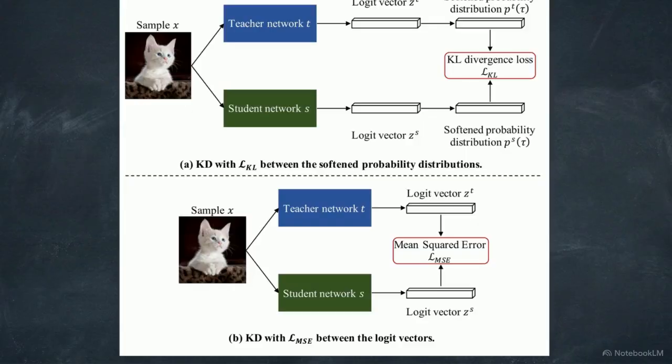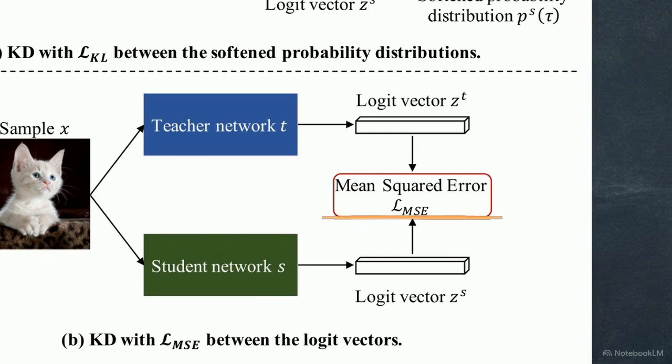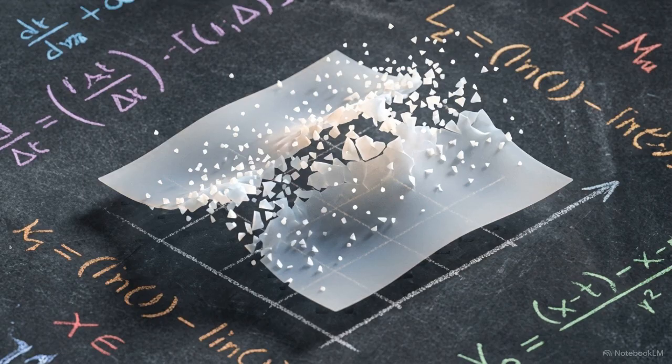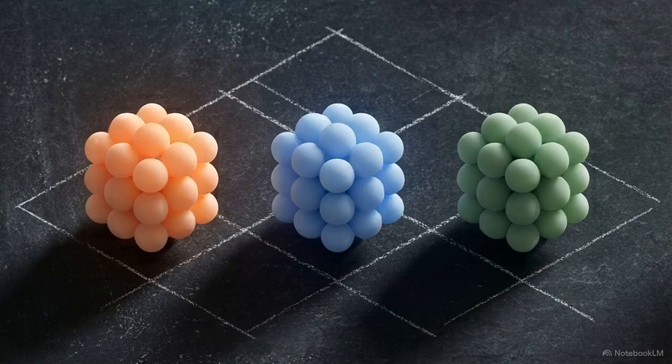The solution to the delta infinity artifact is straightforward. Bypass the softened probability distribution entirely. By calculating the mean squared error directly between the logit vectors of the two models, the delta infinity artifact is completely removed from the optimization process. To prove that direct mean squared error transfers knowledge better, we have to look past the final output probabilities. We need to examine the latent space, the geometric layout of the network's penultimate layer representations.